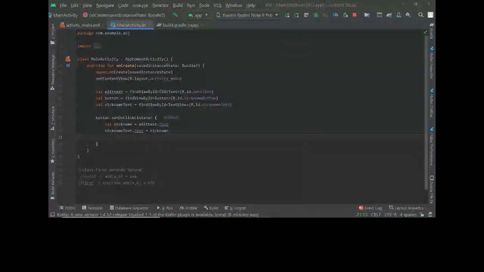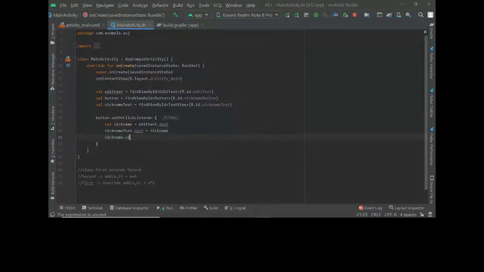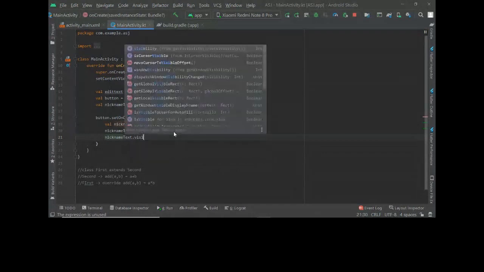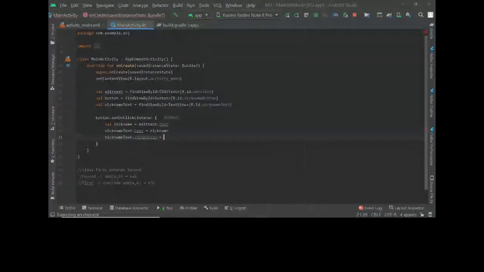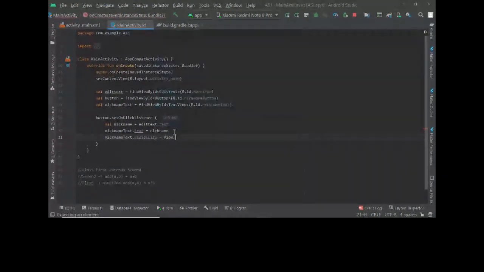Next, we need to make this visible, right? Nickname text dot visibility is equal to view dot on.